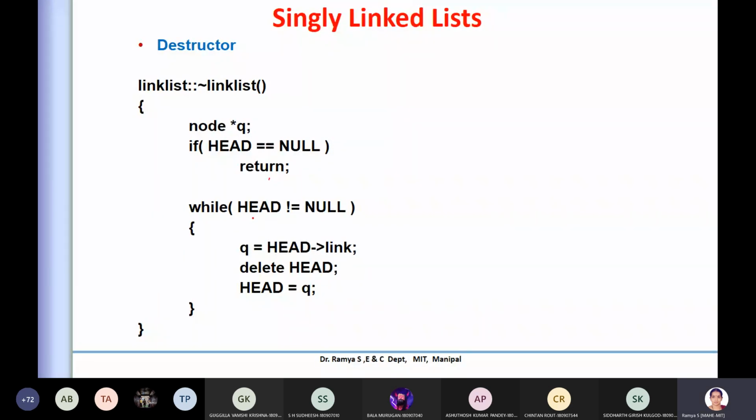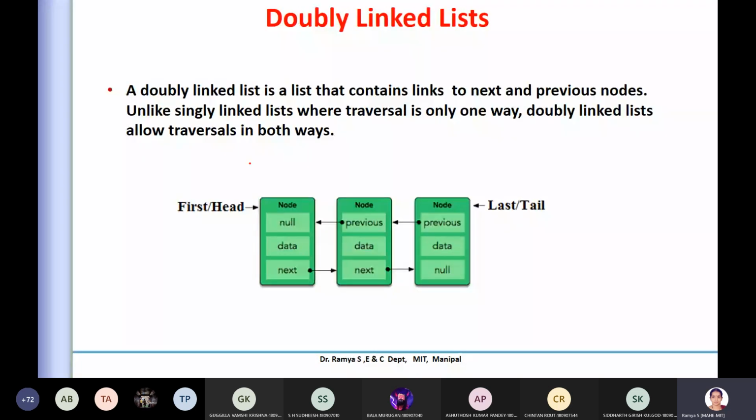Okay, now that is about a singly linked list. Now let us take the concept of the doubly linked list. So what is addition in the doubly linked list? Here it is shown very well. Initially it stores a null, because this first part is the previous pointer. What is there previous? Nothing, so it is null.